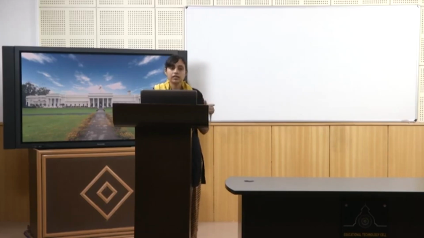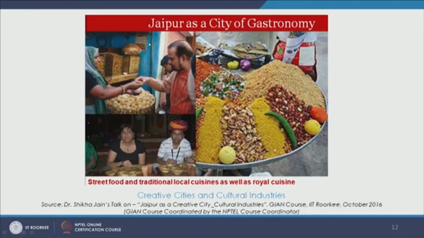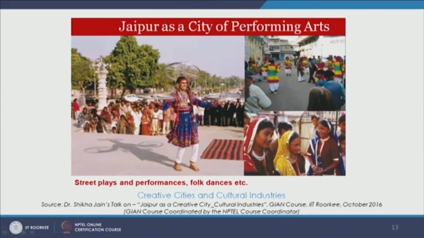So it's known for its architecture, it's known for its food, the street food, very distinct Rajasthani food, the Rajasthani thali, dal bati, and other different examples. It's also seen as a city of performing arts. So Jaipur is a very culturally vibrant city, and it's multifaceted, and we see these different creative and cultural industries which are the heart of Jaipur city, and which form one of the major activities as part of culture and way of life.